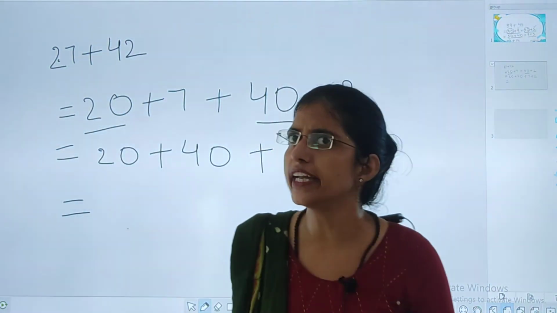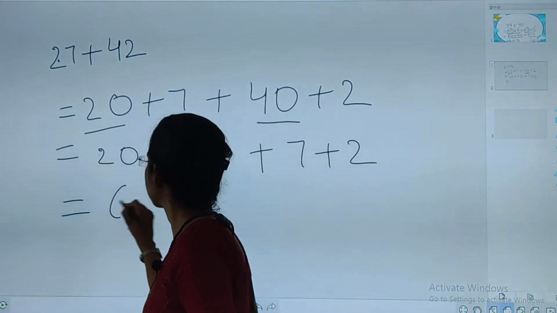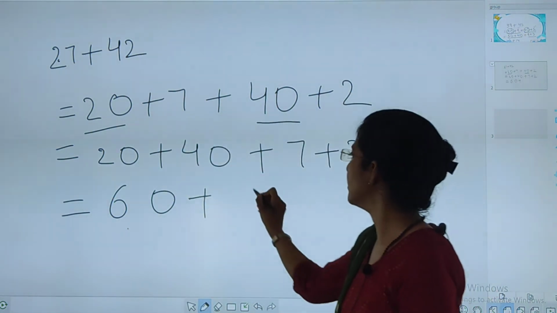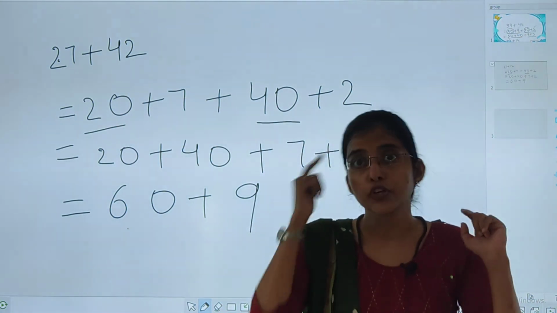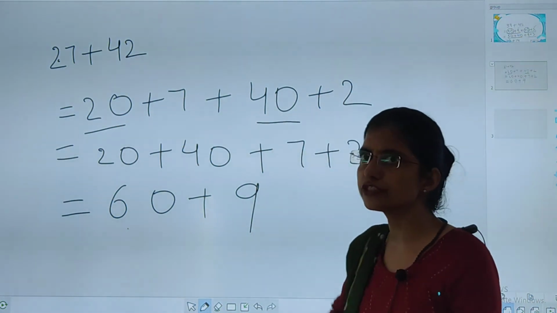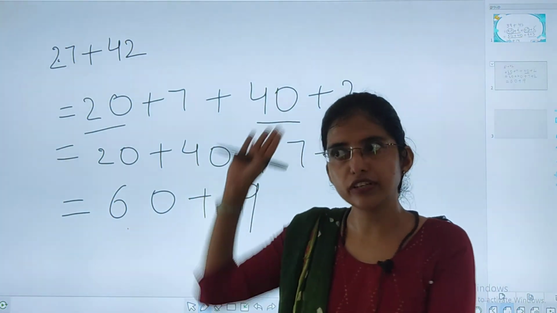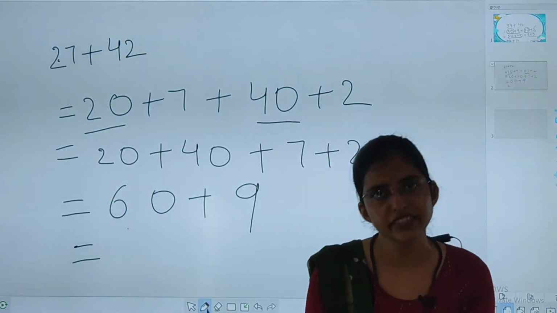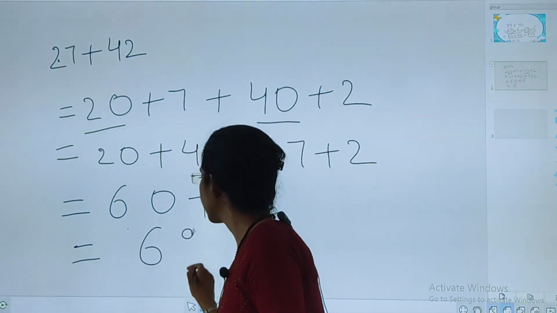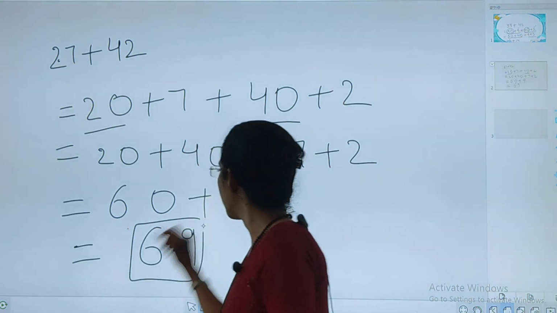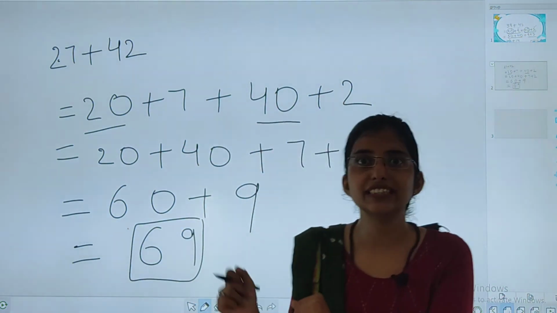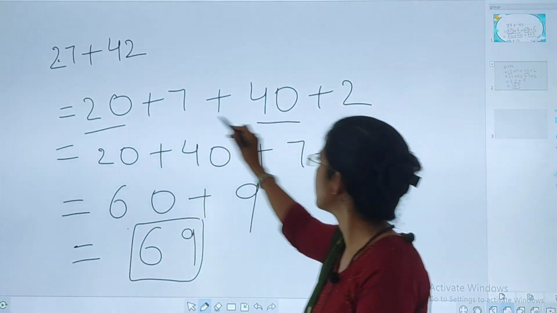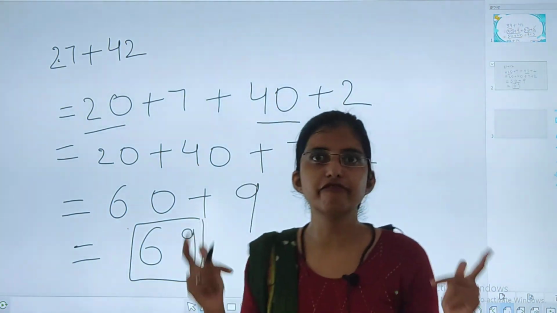Now very simply we can do this. What is 40 plus 20? 60. 60 plus, what is 7 plus 2? 9. No need to use your fingers. Do this mentally. It is very simple. 7 plus 2. We have done these type of calculation when we were in smaller classes. Then what is 60 plus 9? 69. So here we get our answer. Very simple. All these are tricks. Okay. No need to do calculation. Just rearrange the numbers. Okay, then you will be very fast in maths.